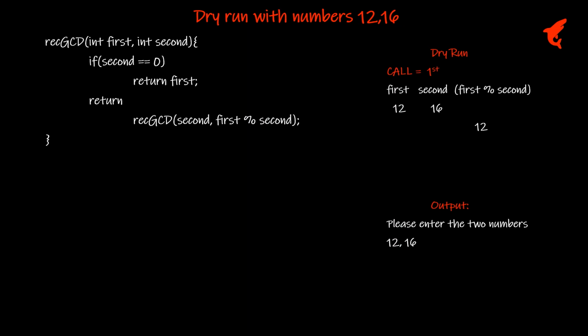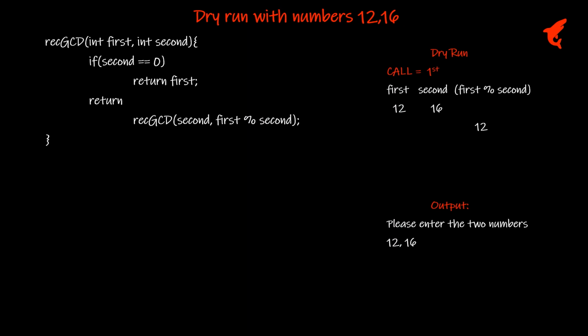And why so? In this case, if you see, we had the smaller value passed as the first argument and the larger value passed as the second argument. However, in the next call, the values got interchanged. The first argument will be 16, which is the largest among the two values, and the second argument will be 12, which is the smallest among the two values, right? And that is why we need not do the checking or comparison. We simply pass the values and the function will take care of rearranging the values.